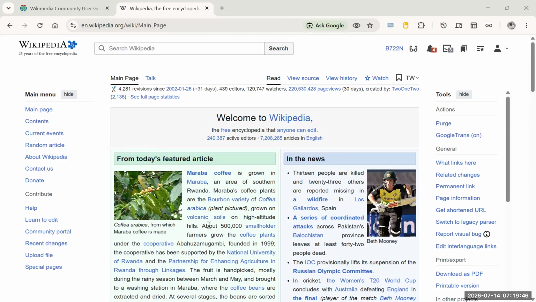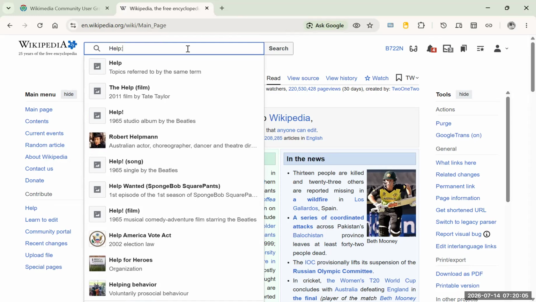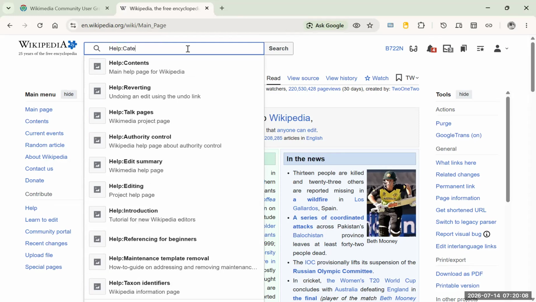So you have to first log in to your Wikipedia. I'm already logged in, and you can verify by your name showing here that it is logged in. So how do we get information about categories? Here there are always help pages. So if you want to learn more about a category,